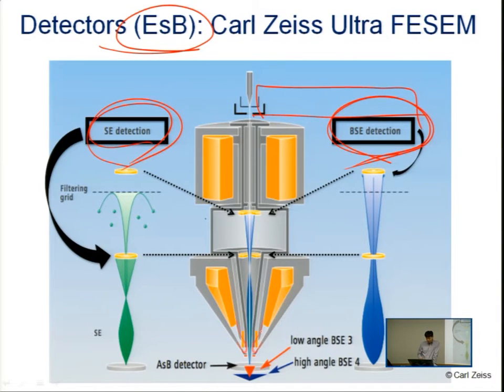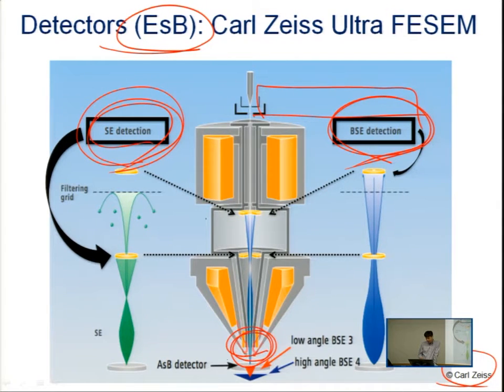The mechanism to filter out secondary electrons is a little different depending on the tool. But in this example, people can apply a small